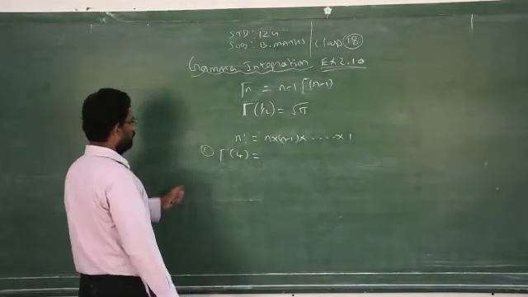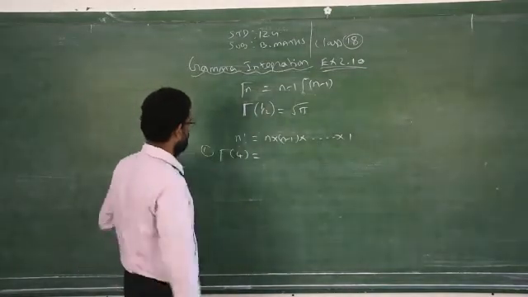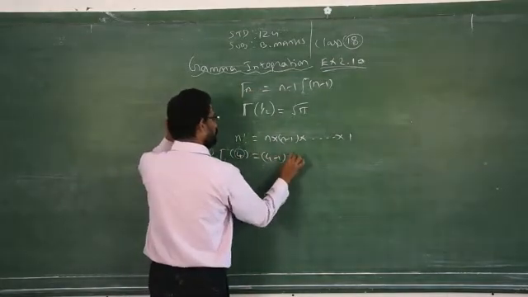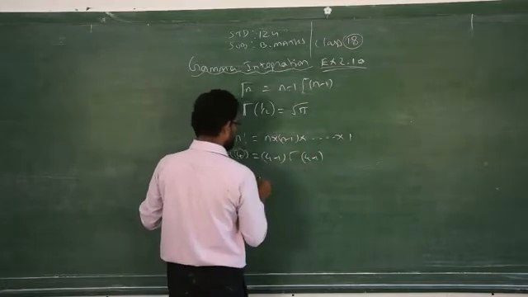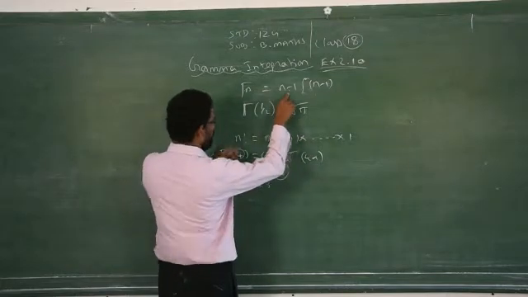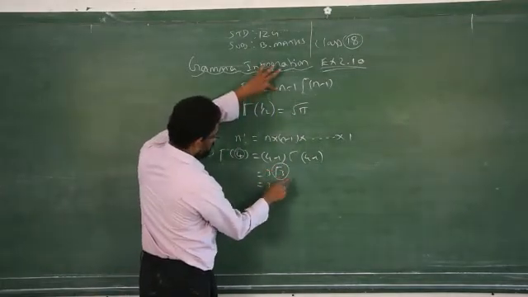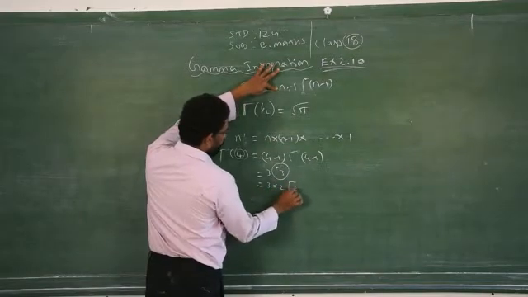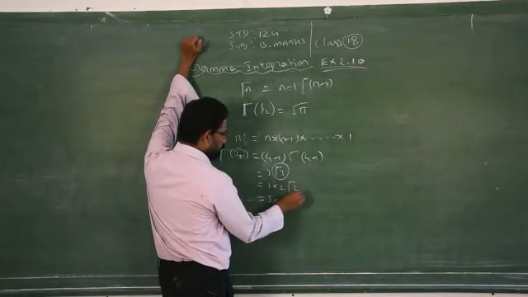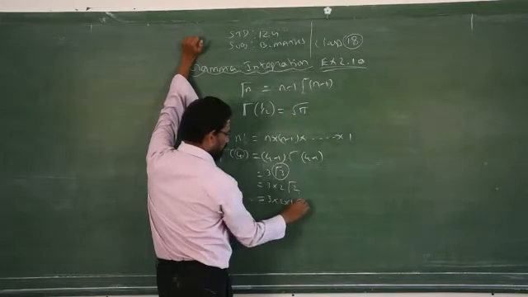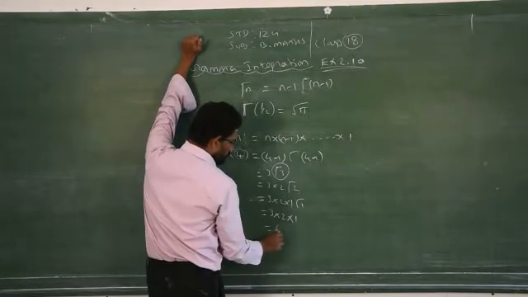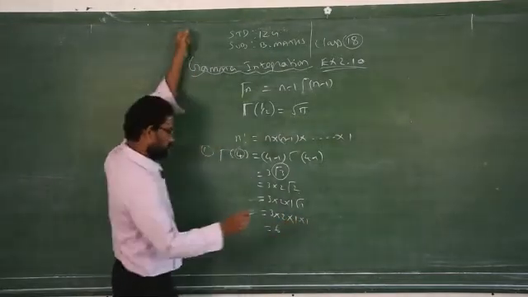See, how do you find out the value of gamma 4 by using this formula? That is gamma n, in the place of n what is given here, 4. So, 4 minus 1 of gamma 4 minus 1, that is 3 gamma 3. Again same formula, n is replaced by 3. So, 3 minus 1, 2, then 2. So, 3 into 2, again n is replaced by 2, that is 2 minus 1, 1 into gamma 1. Gamma 1 is nothing but 1. So, 3 twos are 6, 6 into 1. So, we will get 6.